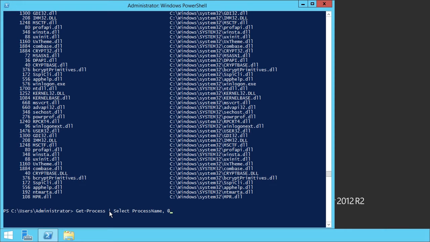To create a calculated column, remember that you have to create a hash table. So I'm starting it with an @ sign and an open curly brace. And I am using the N to represent the label, and I am setting that equal to virtual memory MB. So I can see the virtual memory in megabytes. And then I am putting in the semicolon to represent a line break between these two values, and E represents